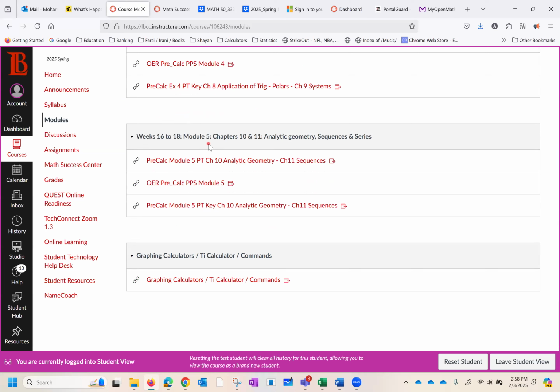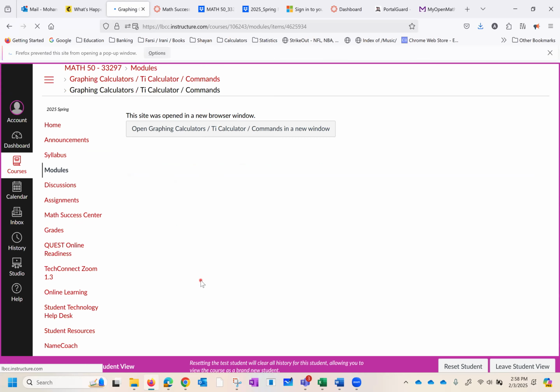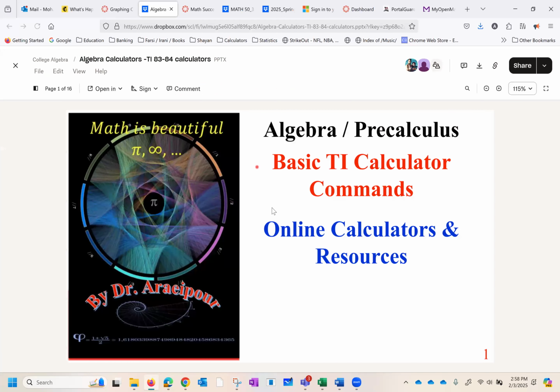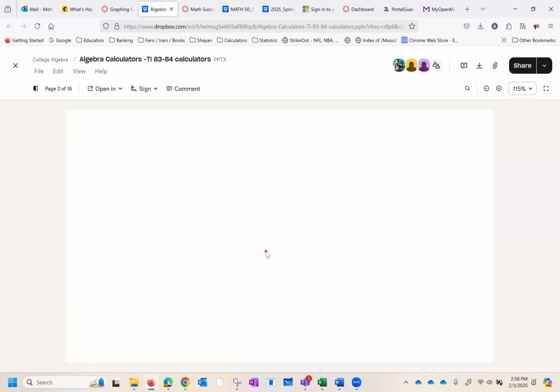So what I want to do, I want to start from the bottom, which is nothing but a simple resource, everybody. This is a calculator resource. So if you bring it up, it gives you some TI calculator commands.